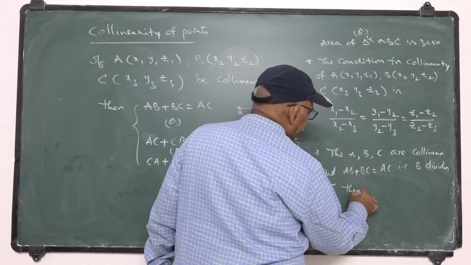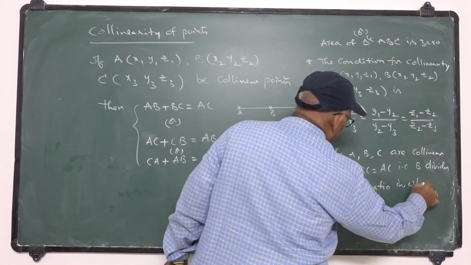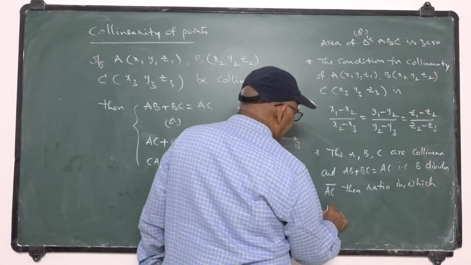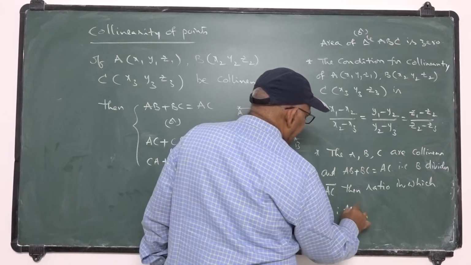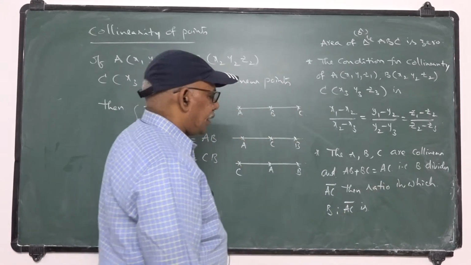Then the ratio in which B divides the line segment AC is